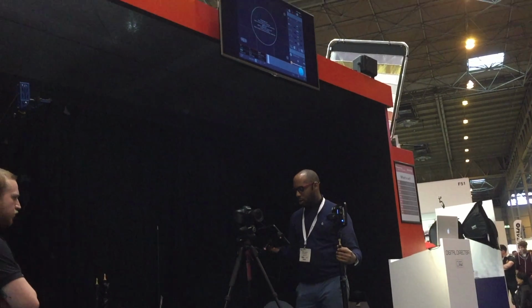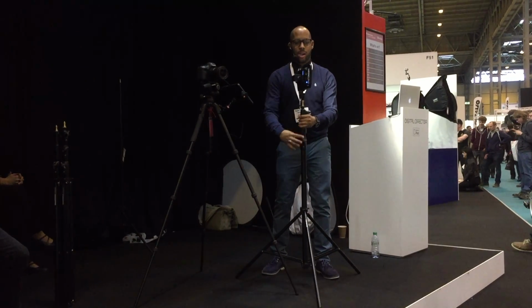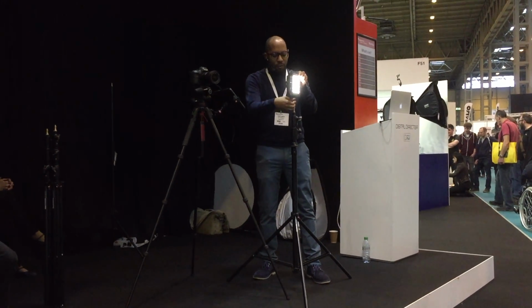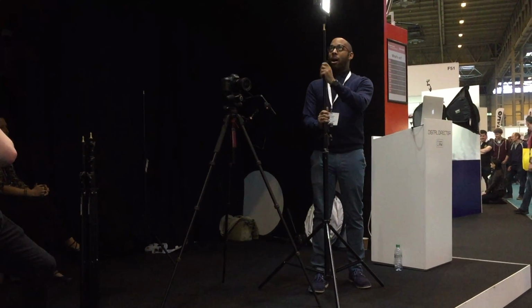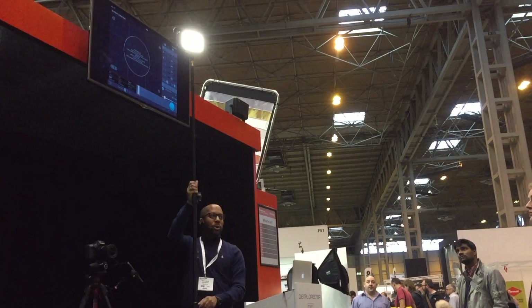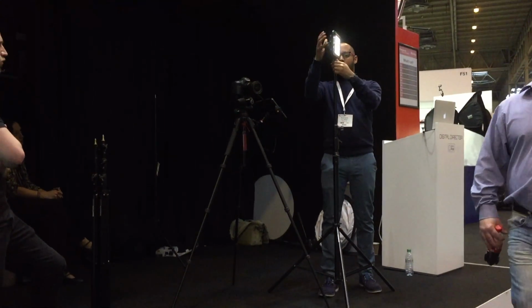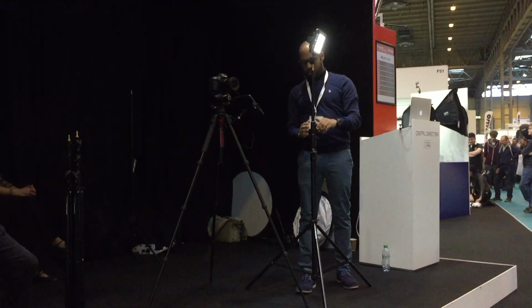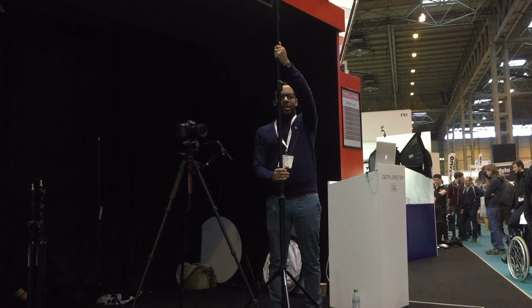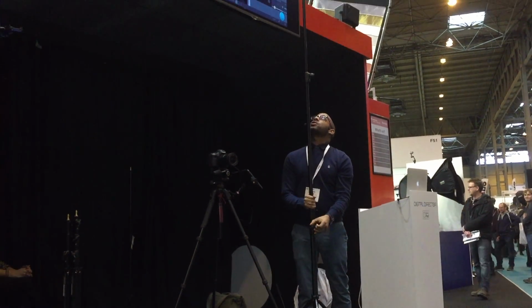We're going to work with this light. So what I would tend to do is set this light up nice and high so that it hits everybody in the room. It creates a nice side light. The key thing is, if I was to set this light up now and then put it up high, that light source is simply going to go right over the top. So actually you have to make sure that you move the angle of the light before you put it up. Okay? So I'm going to move this down. There we are. And now we're providing light over an entire scene. And because these light stands have got such height to them,